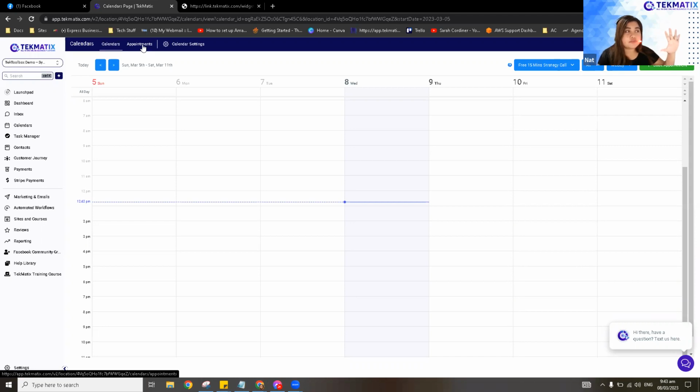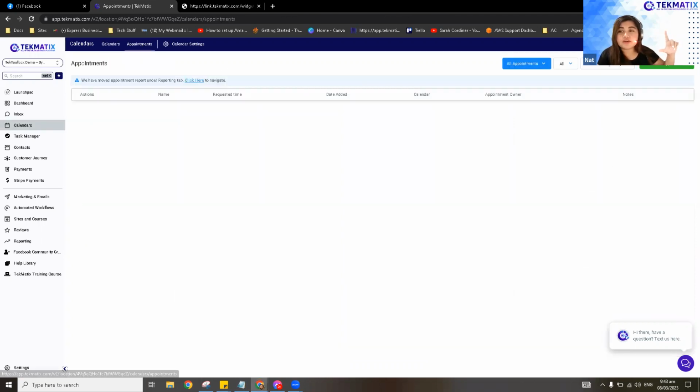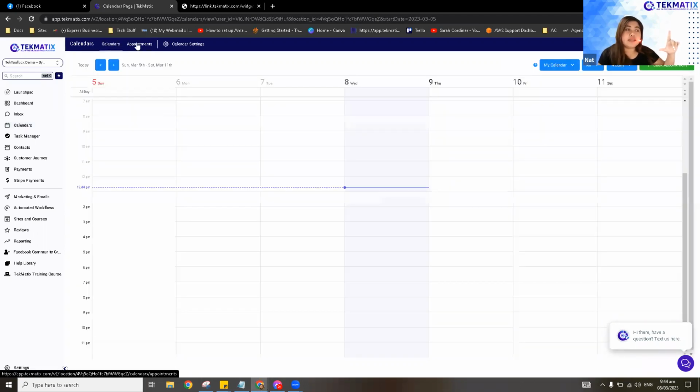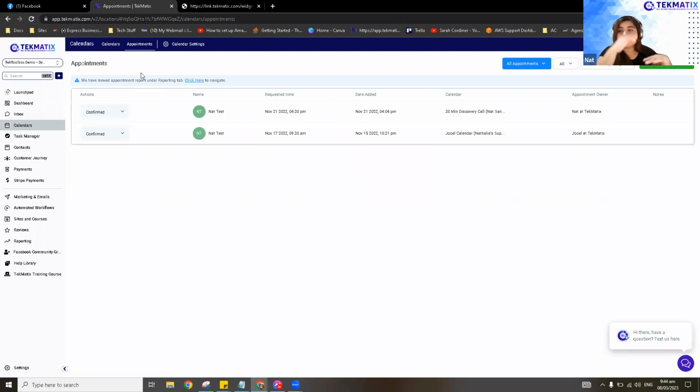Aside from that, we have this option right here, next one, appointments. When you click on that, this is basically the same thing. It's actually just the calendars, but in this section it will be in list form. So you will see all the bookings laid out on the list. You will see the requested time for the booking, when that booking happened, and which specific calendar and which user they booked in. This is pretty much an easier way to navigate through the bookings that you got. And in here, you can actually set a specific status for that booking.